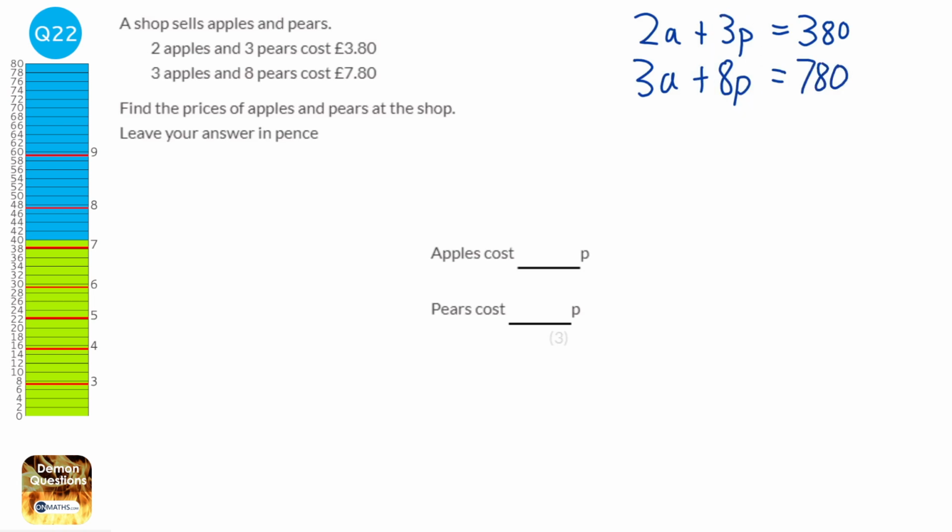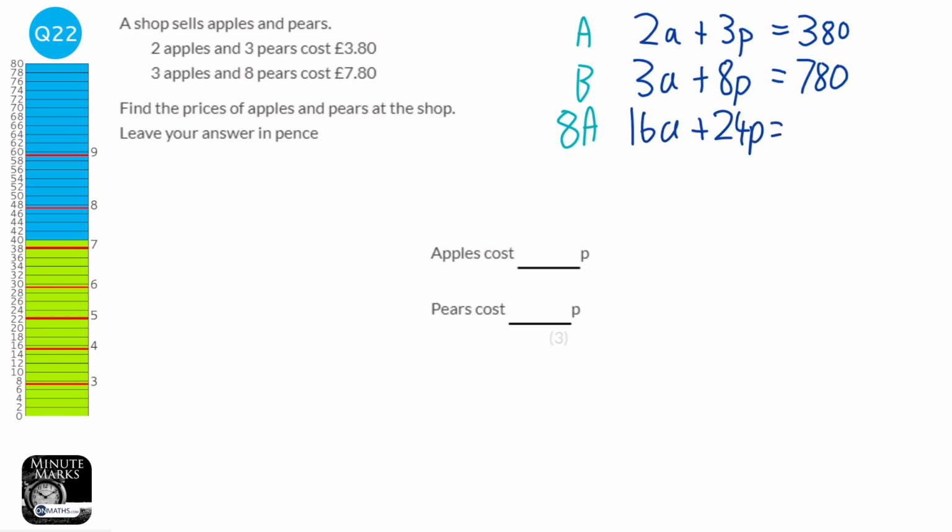Okay, so the first thing I do is try and get these numbers the same. So 3 and 8, they both go into 24. So I need to make them both 24. And what some people do is they just label this A and this B. So we're going to multiply everything in equation A by 8 so that this becomes 24. So we're going to times the 2a by 8, which will be 16a plus 24p,